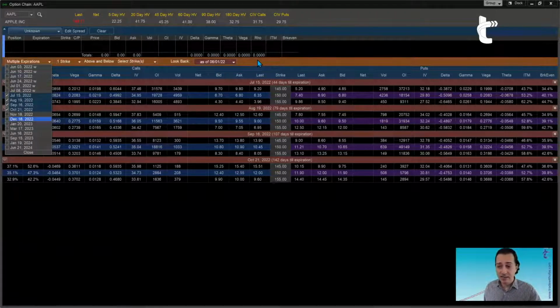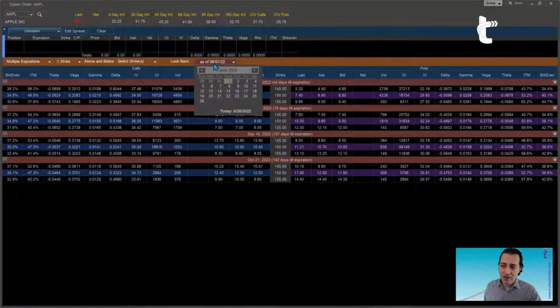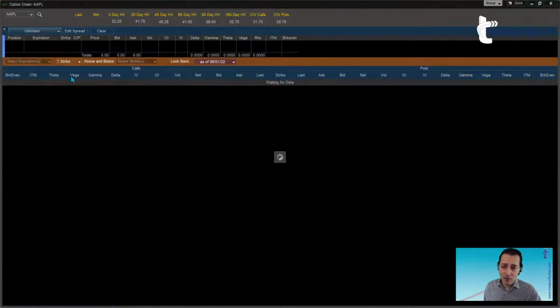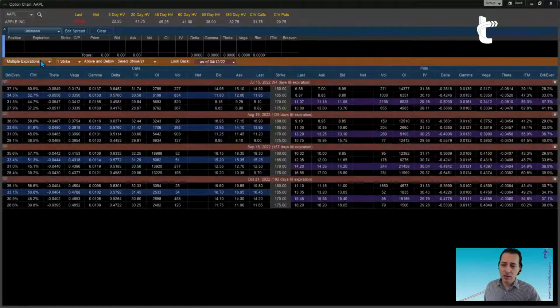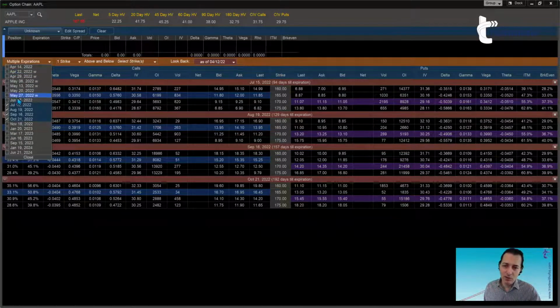Depending on the date that you select, the expiration dates that you selected at the beginning may or may not be available. Okay, so again, when you change the date, you never know what's going to happen from an expiration date point of view, because depending on what's available, I got multiple selections. So let's see what's going to happen. Well, actually, I'm looking at Apple, which is very liquid, so I'm not surprised that those expiration dates still exist. Also, because they're multiple months away, they were still there already.